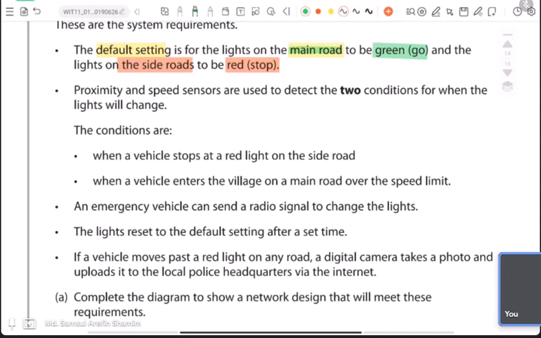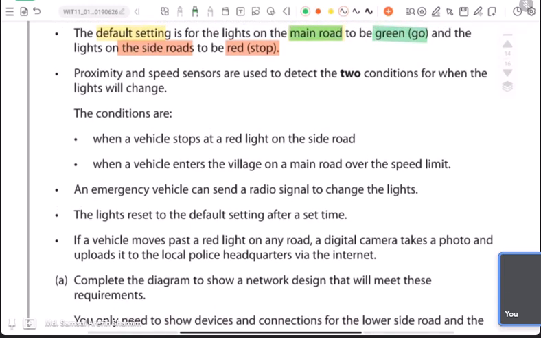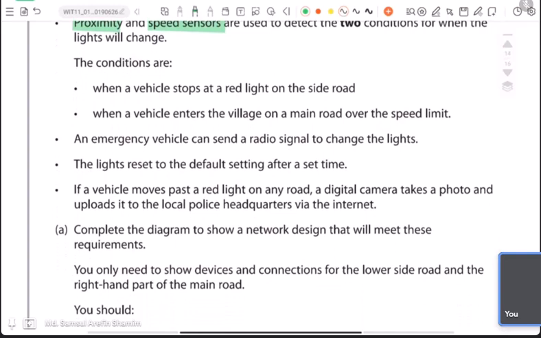So this is going to be the same color. Proximity and speed sensors are used. There are two sensors given here. Proximity and speed sensors are used to detect two conditions where the light will change. Condition one: when vehicles stop at a red light. So stop, okay, stop, red light, and at the side road, the